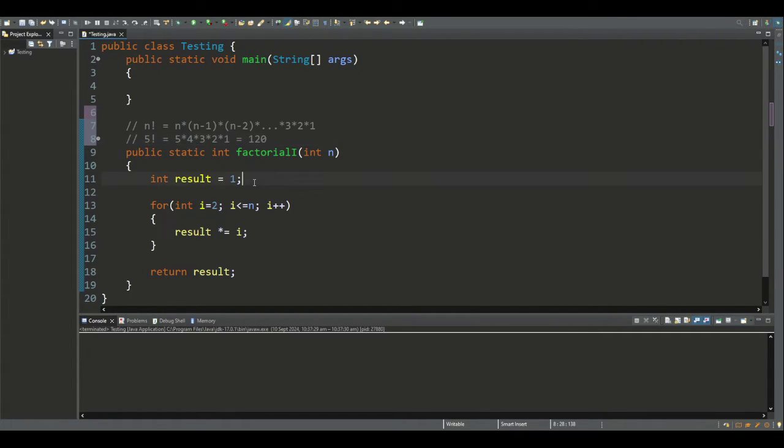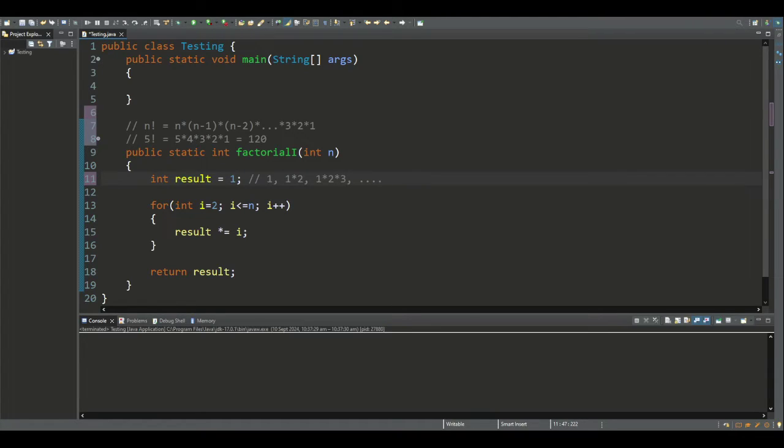So here we're starting off with our result being 1, and in each iteration of this loop, which starts from 2 and finishes at the number n, we're multiplying the result by the value of the loop control variable. So we have 1 by 2 in our first iteration, 1 by 2 by 3 after our next iteration has finished,